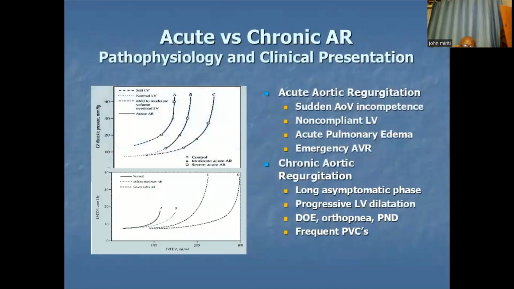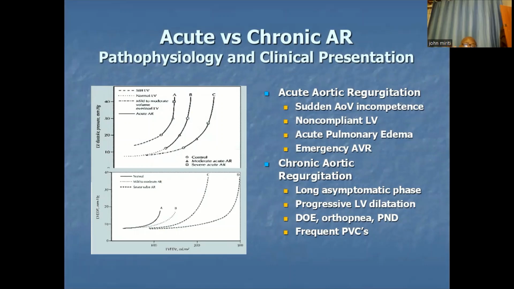So let us look at acute and chronic aortic regurgitations versus. So the pathophysiology and clinical presentation. In acute aortic regurgitations, there is sudden aortic valve incompetence. There is a non-compliant left ventricle and acute pulmonary edema, and also there is a massive atrioventricular regurgitation. There is a chronic aortic regurgitation with progressive left ventricular dilatation, and